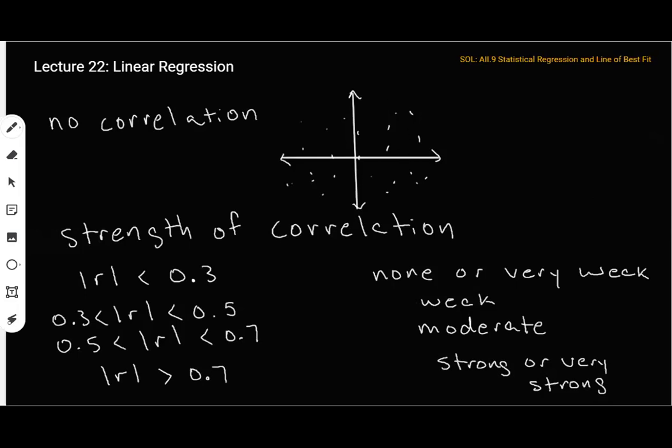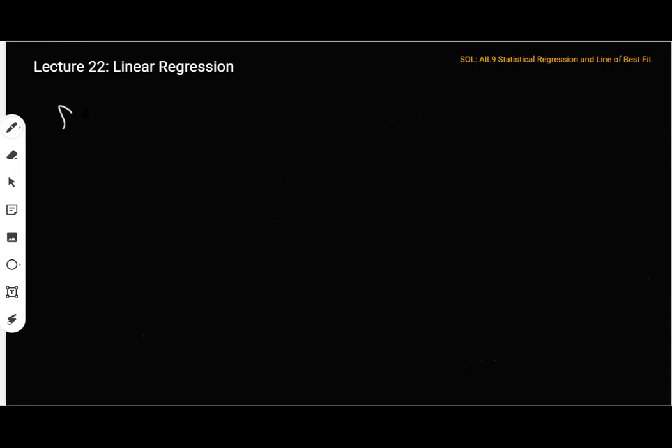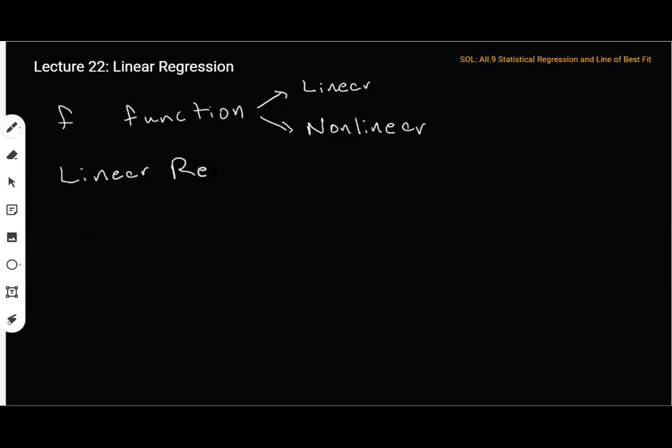Okay, now based on what our function is, whatever f is, the function could be linear, or it could be a nonlinear function. We'll look at linear today, and we'll look at some basic types of nonlinear functions on Wednesday, next time we meet. But a linear regression is going to have its own equation. You've probably seen it before if you took Algebra 1. It's going to be y regressed against